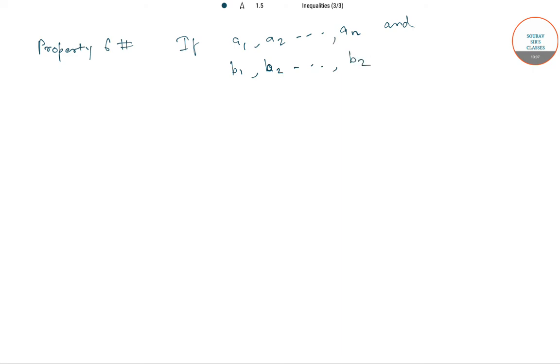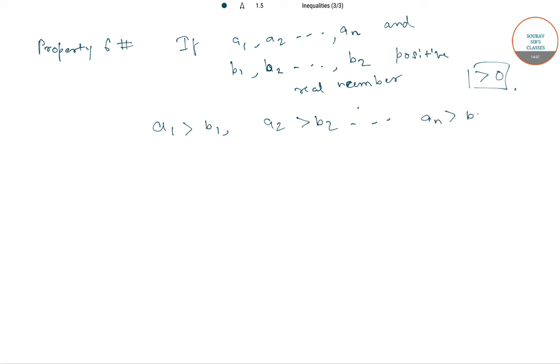So these are two sets of positive real numbers, so that is, they are greater than 0 since they are positive real numbers. So suppose A1 is greater than B1, A2 is greater than B2, and so on till AN is greater than BN. So if this is the situation, then